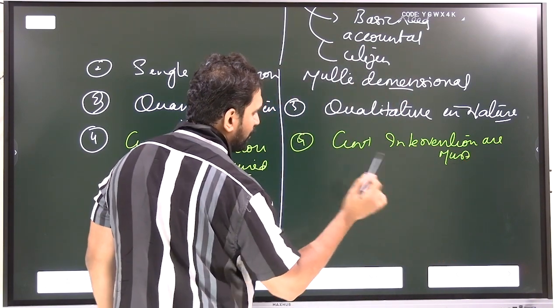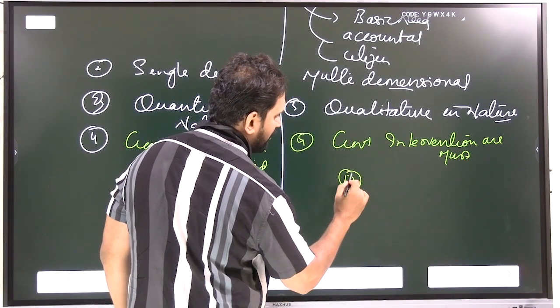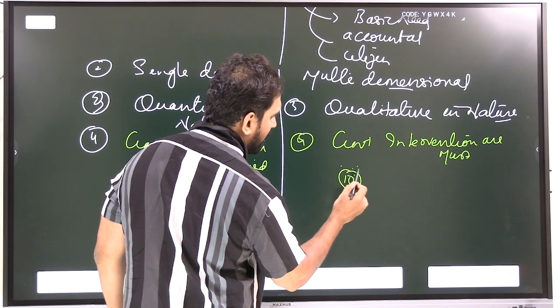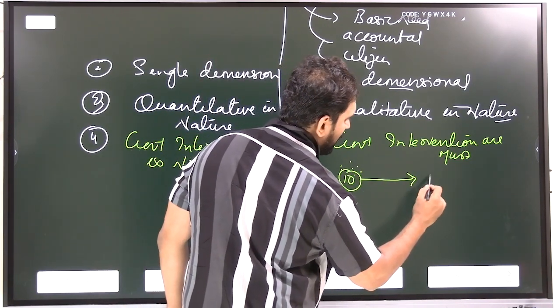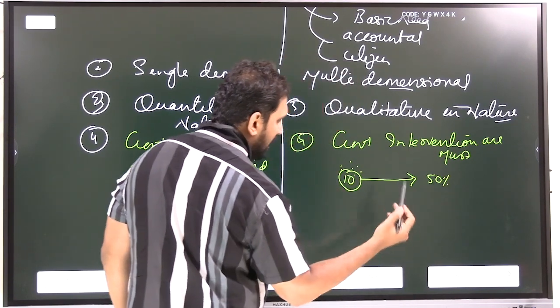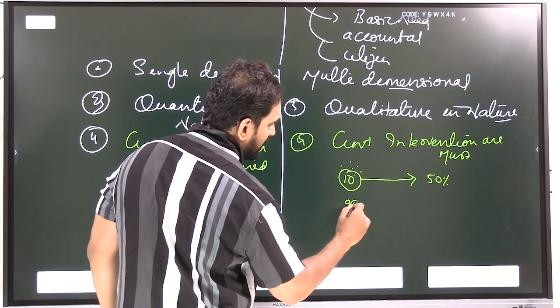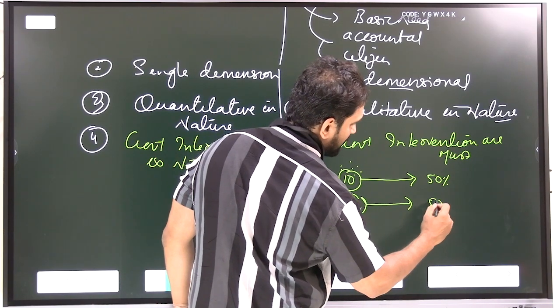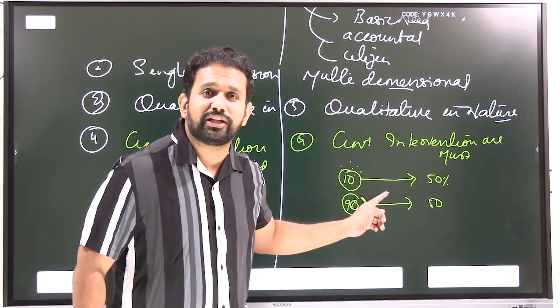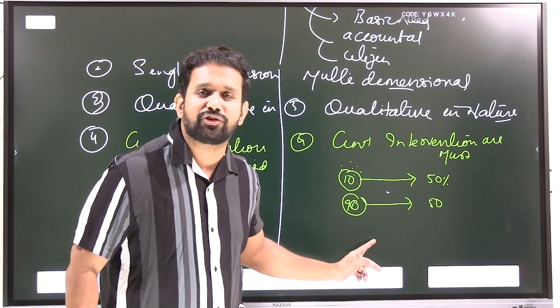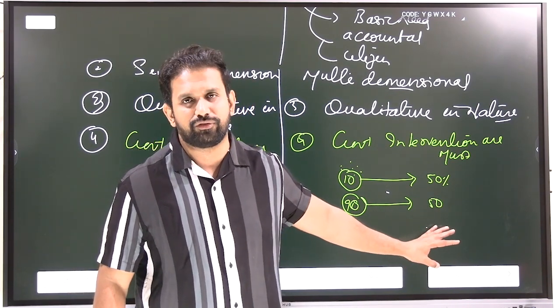For example, you know that in India, 10% of the population like Allu Arjun, Prabhas, Shah Rukh Khan, Salman Khan, political leaders, Adani, Ambani, capitalists, 10% of the population is owning 50% of India's income and wealth, whereas 90% of the population is owning the other 50%. You see that this much inequality is there. They have a lot of money with them, and this 90% of the population is sharing very little income and wealth.